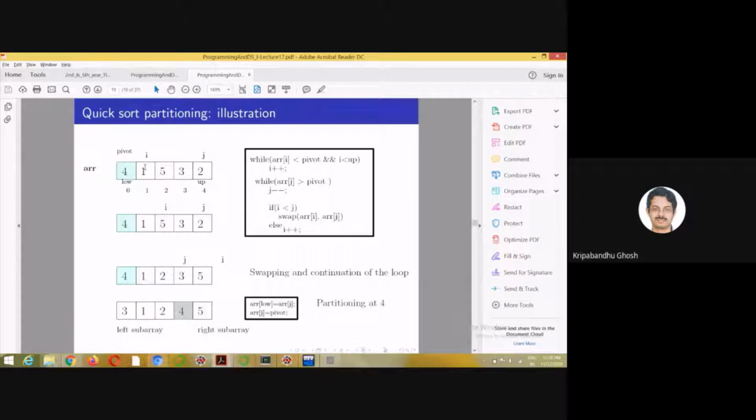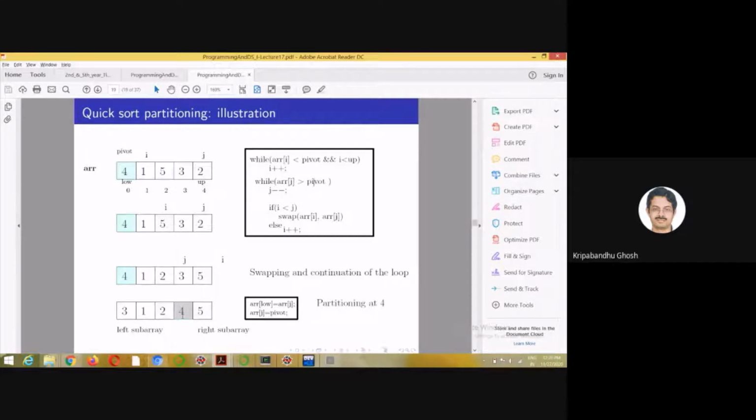Why are we doing these two checks? First we want to find an appropriate position for the pivot element, and we want to send the elements which are greater than pivot to the right hand side and those less than pivot to the left hand side. That is the whole purpose of this partitioning. Finally we swap ARR[j] with the pivot.